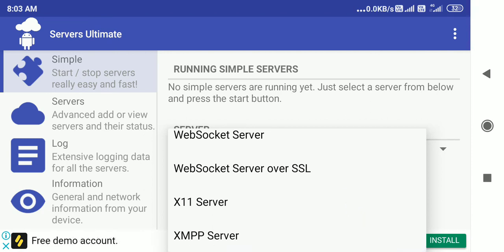The X11 series: X is like terminals. X terminals are special terminals where you can send graphics, mostly for video transfer and other things, like your telephone which is playing a YouTube channel. They come under the X11 series and the XMPP server.